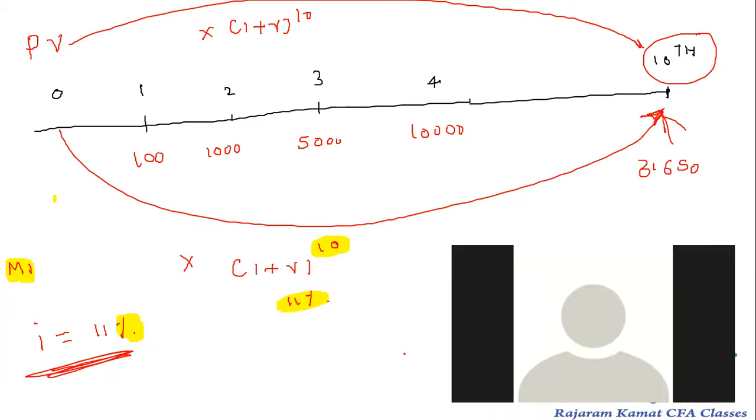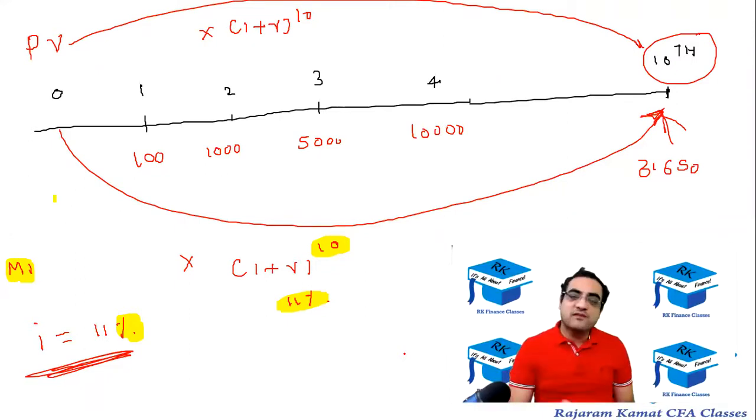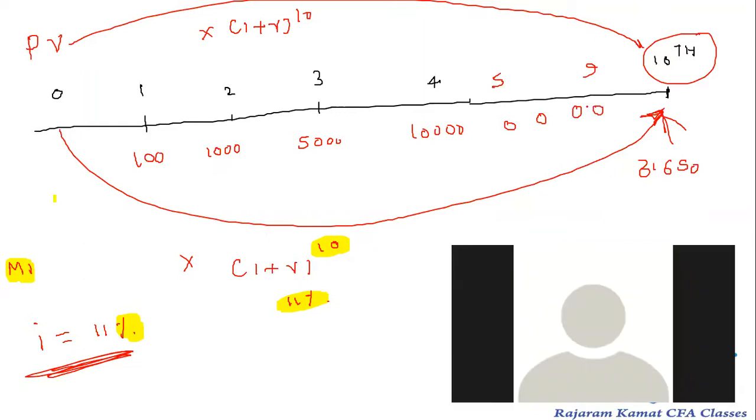So I know the calculation, but I just wanted to ask that we have given only amounts till 4 years. For the other 6 years, the amount will not be the same, right? It will change. From year 5 onwards, there is nothing. So you are not saving anything from year 5 to year 9. Okay, sir.